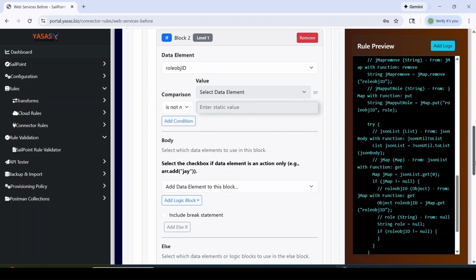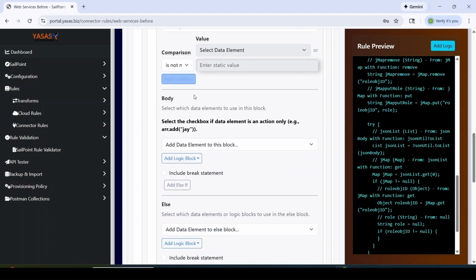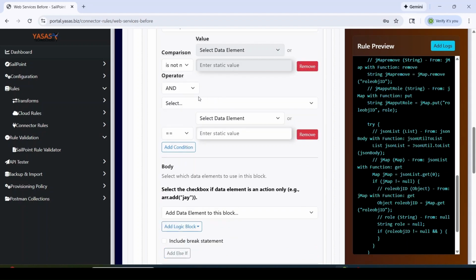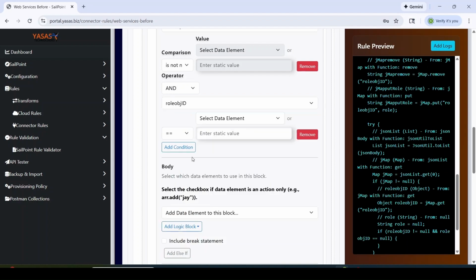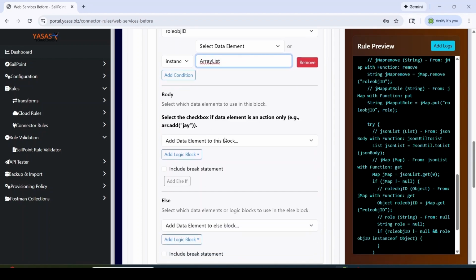And one more condition, if it is in the format of an array. So let's add condition and select a role object ID again, and if it is looking like an array list, then we will add our array